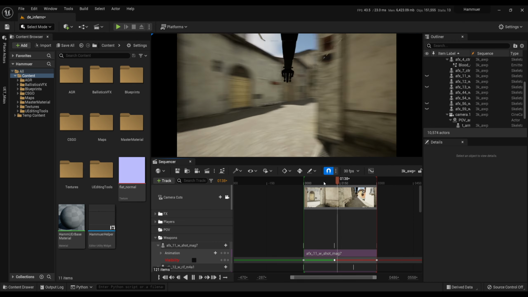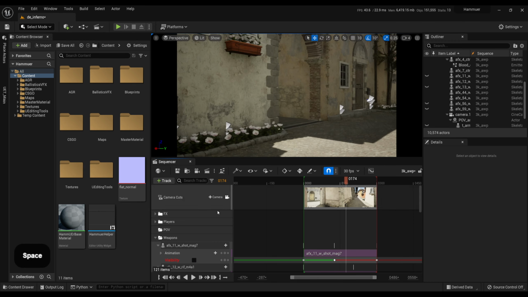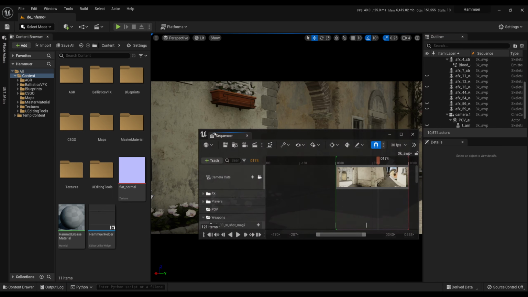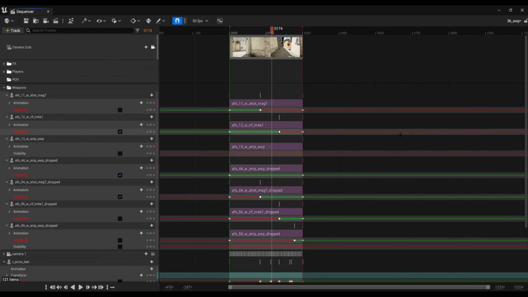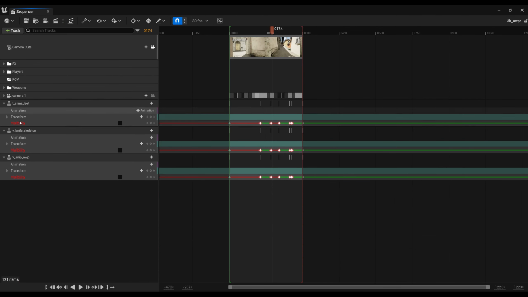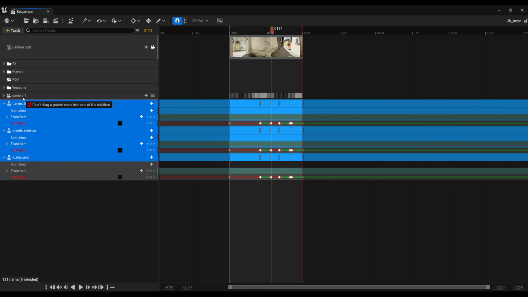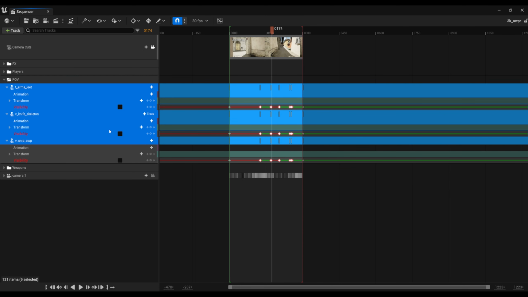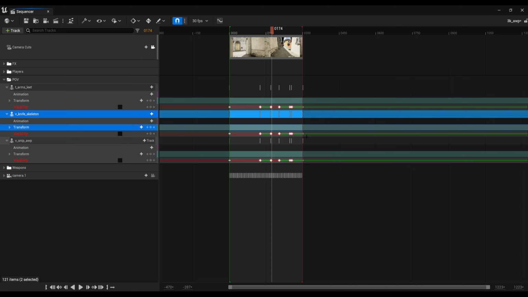As you can see, all models are spawned with applied visibility keyframes. Remove all visibility keyframes for the knife, we don't need it for now.